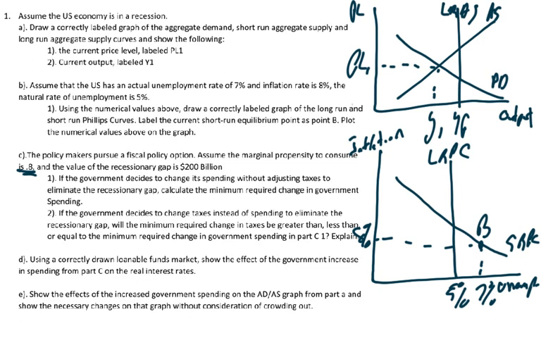Now, E says, show the effects of the increased government spending on the aggregate demand, aggregate supply graph from part A, and show the necessary changes on that graph without consideration of crowding out. All right, so we don't have to worry about what the interest rate is going to do to aggregate demand. We're just going to draw what should happen here, and this will be the last answer we need to finish solving this